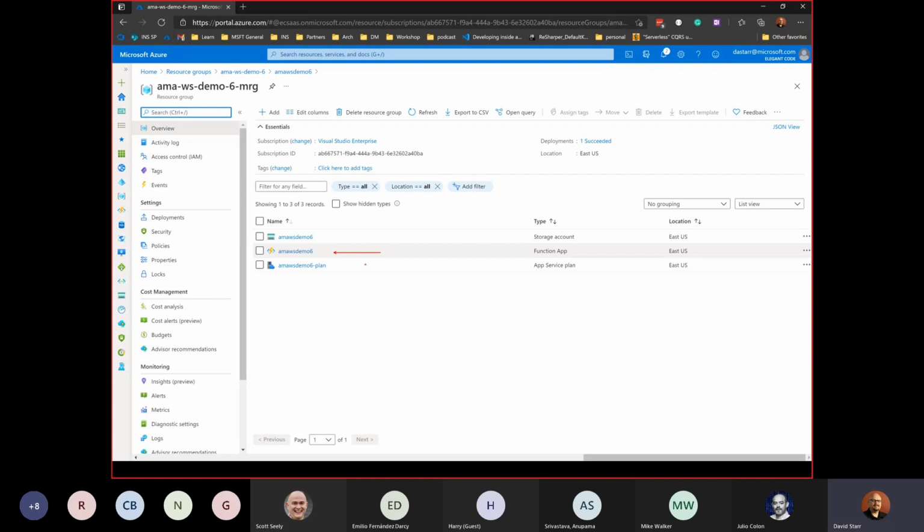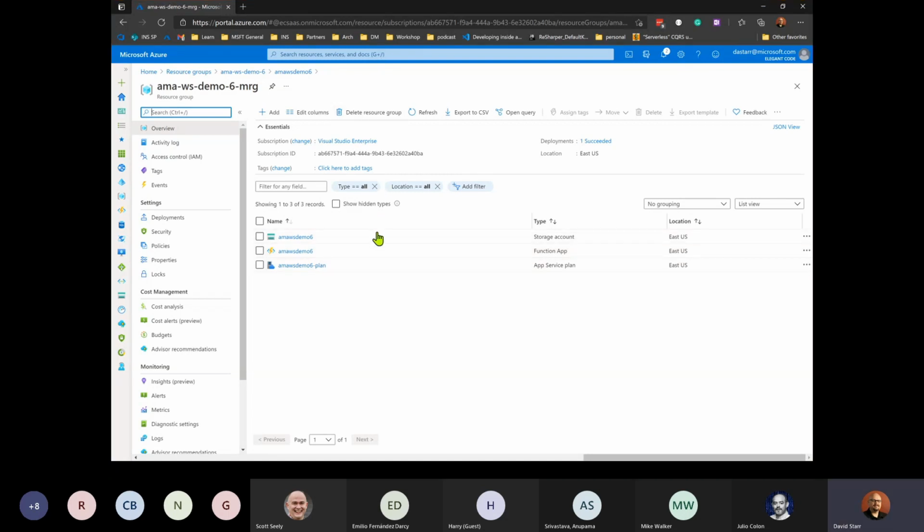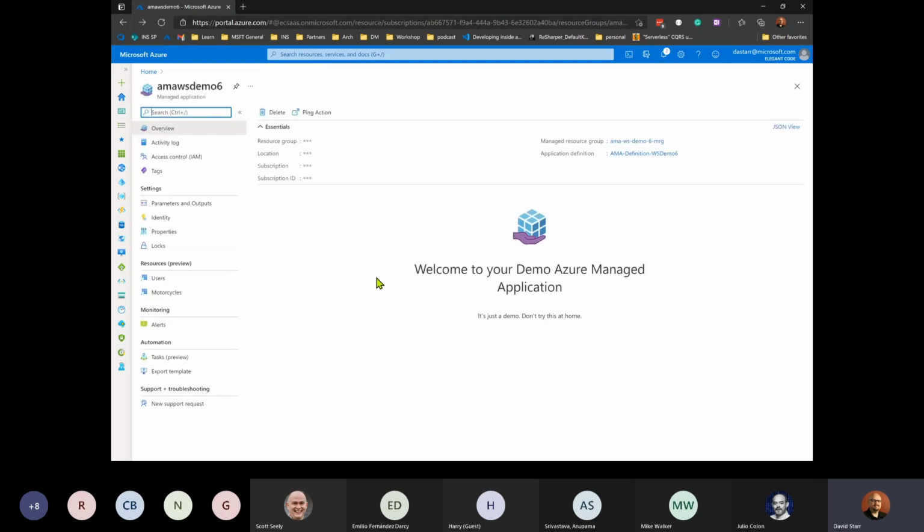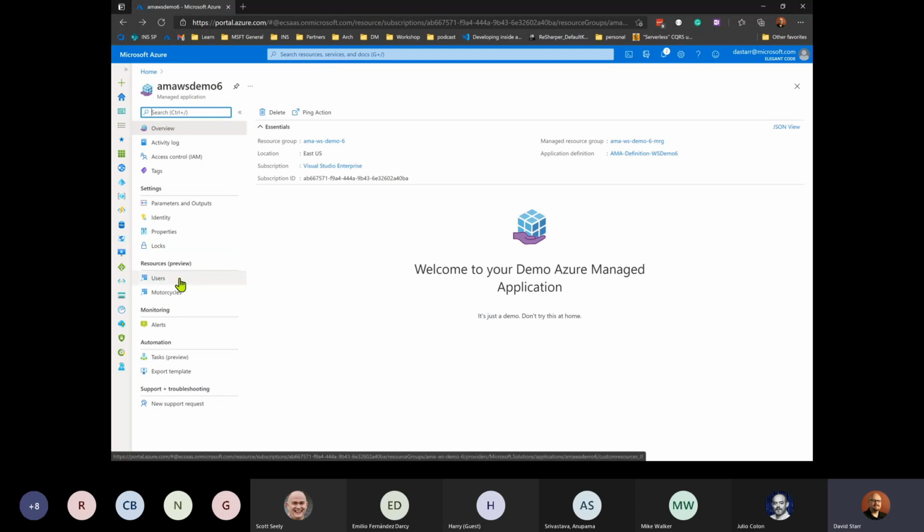Okay, so it's the one doing all the magic for us. And speaking of all the magic, we're going to come back and look at the internals of that function in just a moment. Before we do, let's have a look at what is happening. In the example that I deployed here, I defined two resource types. I defined a user